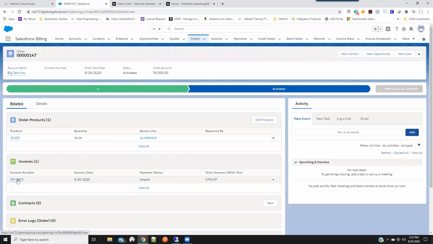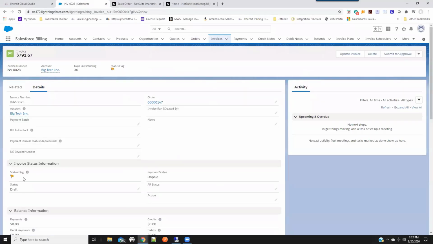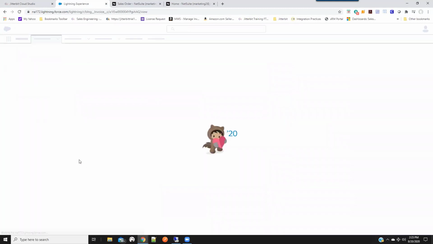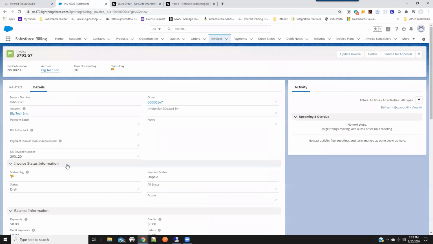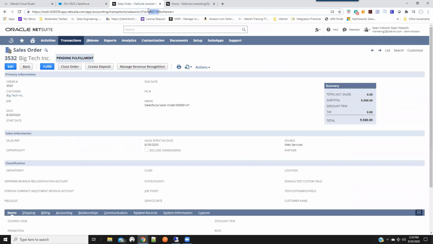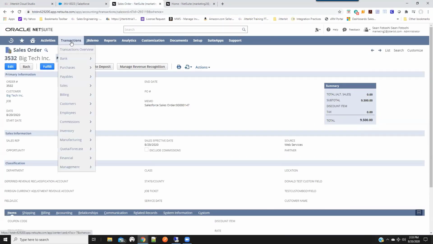As you can see already, we have the invoice. And if we navigate to the invoice, we do have to make this active, so that we can get the invoice information in the invoice number field. So if we refresh it, now we have our invoice number, which is 293120. We're going to copy that over, and let's navigate to our invoice,